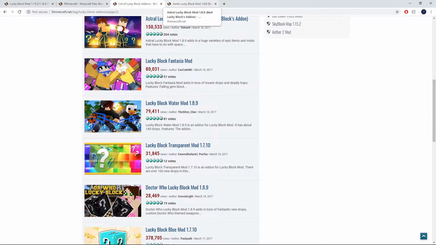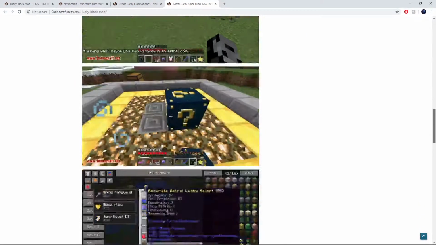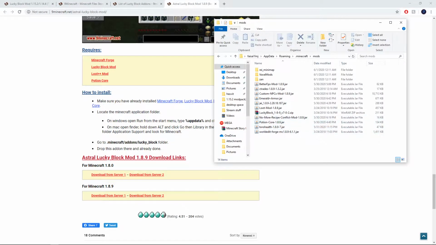For this example, I use the Astro Lucky Block, which I already have installed. I have many add-ons installed. I like experimenting. Don't judge me. Okay, so what you're gonna do here is you're gonna scroll down. You're gonna need these two mods for most of the Lucky Block add-ons. I recommend you install them anyway, whether you need it or not, just because they do help as well. And you obviously need the Lucky Block mod, so once you install these two mods, Loot++ and Potion Core,